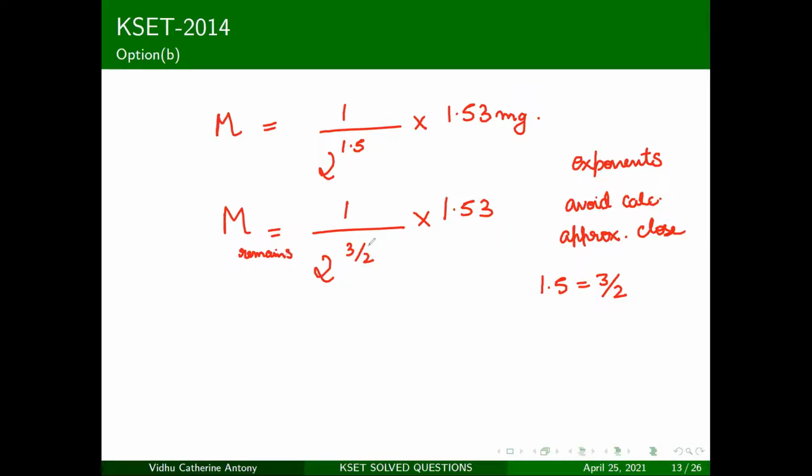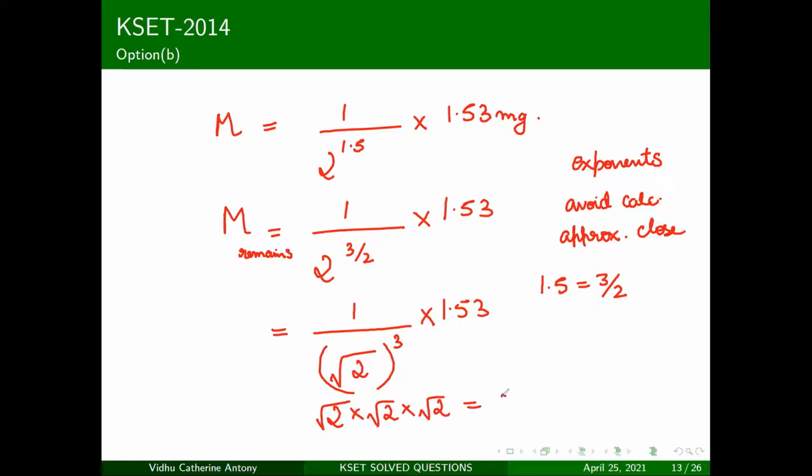So now what you need to do is, let's put this 2 here. This is a trick to calculate exponents. I will put this as root 2, and then I would power it as 3, into 1.53. Now what's root 2? You know what's root 2? But before you do that, don't do 1.414 whole power 3. Make it root 2 times root 2 times root 2. So you end up getting 2 times 1.414, that becomes